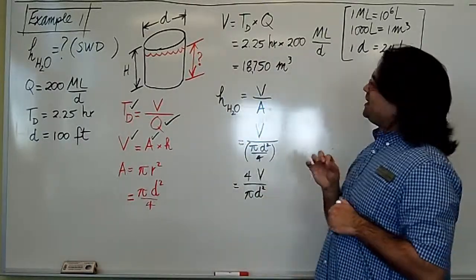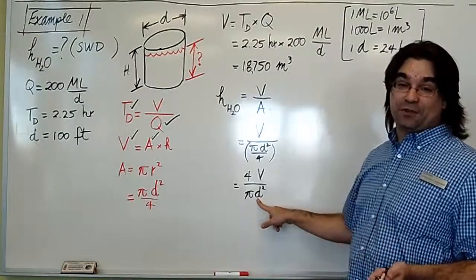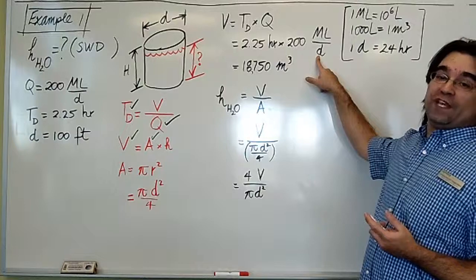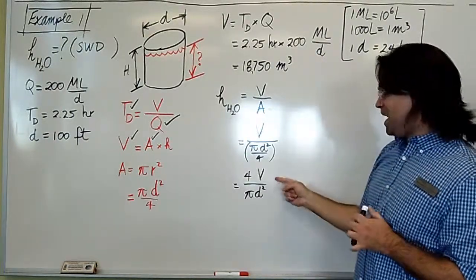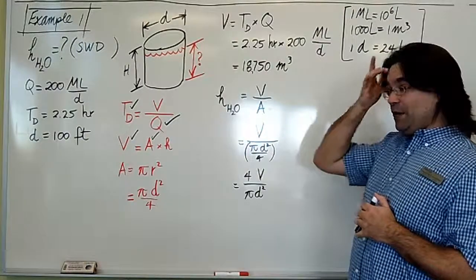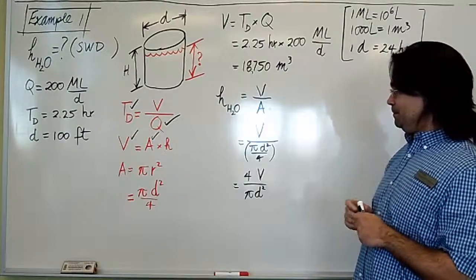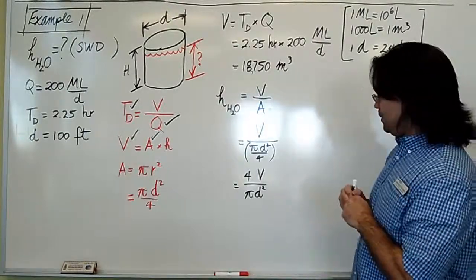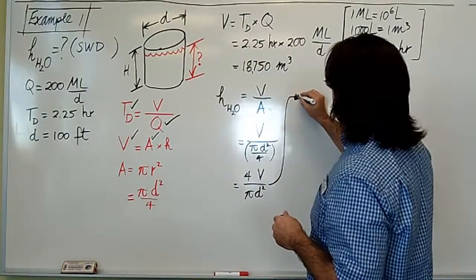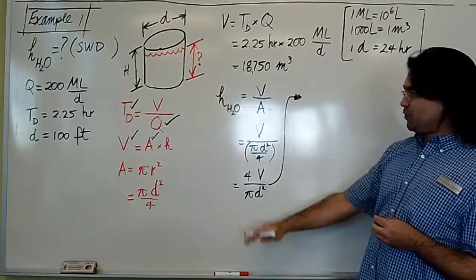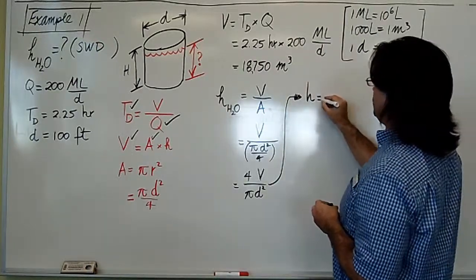voila. And again, a quick note. This D here is for diameter. This D here is for day. So be careful about that, okay? Okay, so I have the formula figured out. I can now actually go about calculating what the value is for this. Now, if you'll allow me, I'm going to move up here because it's getting a little cramped at the bottom. So the height of water is equal to